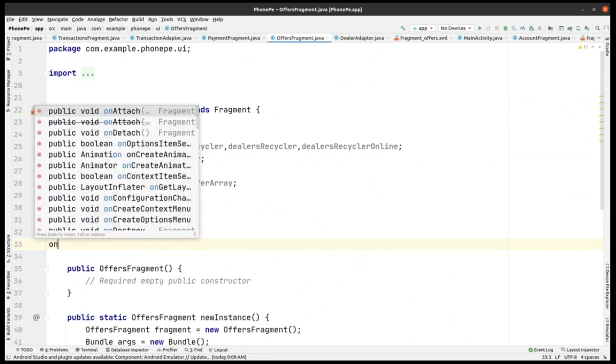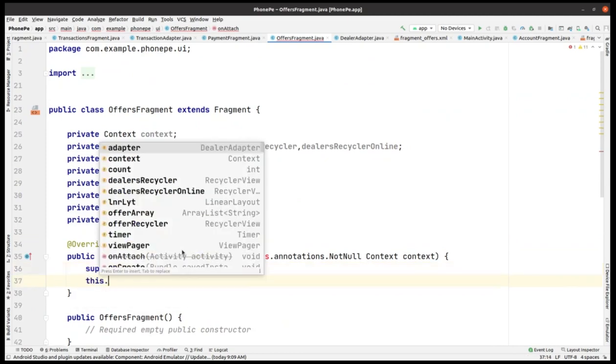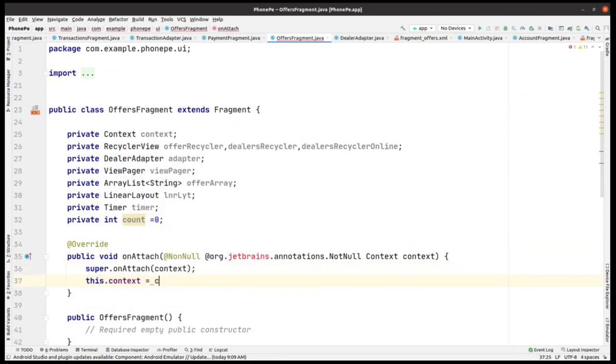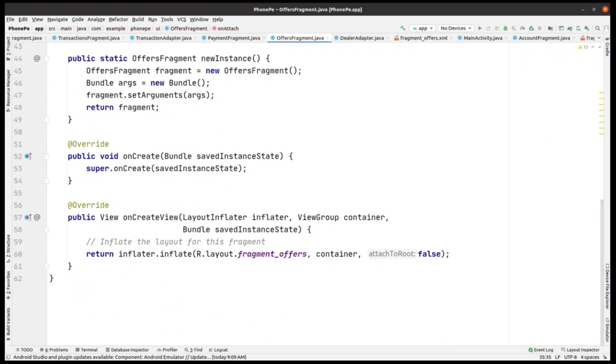how it can be created. And then we have to add the super on attach also. Yeah, this.context equals context, we have to make it like this. Remove this annotation from here. Okay, removed it successfully, and now